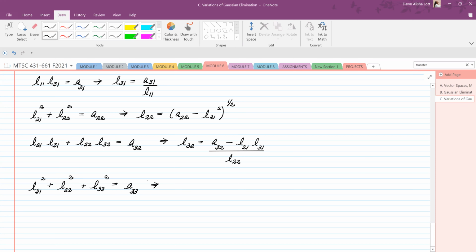So that implies that L33 is going to take A33, subtract off L31 squared and L32 squared, and then raise that to the 1/2 power. The full algorithm is in the text, but in general,